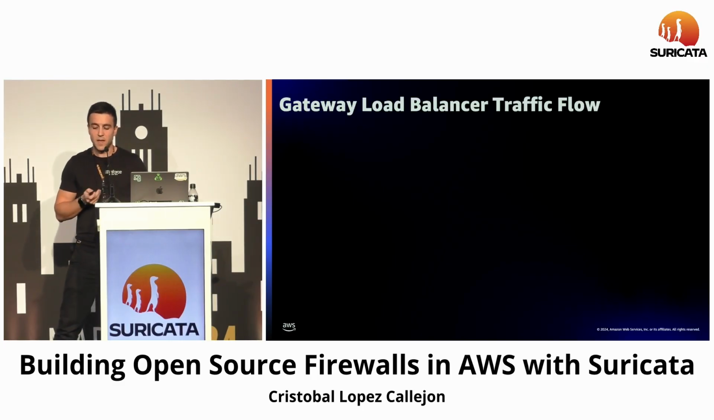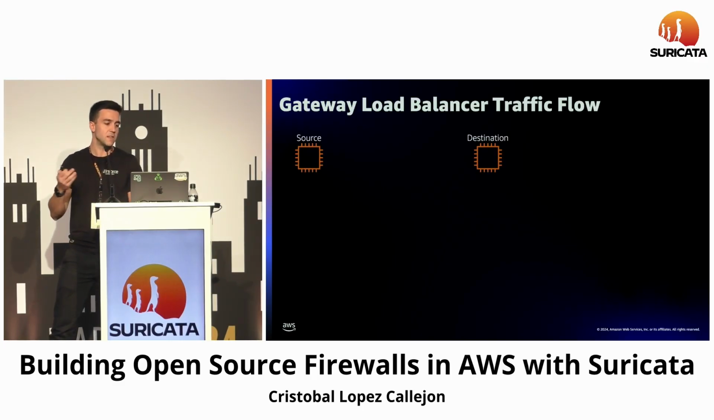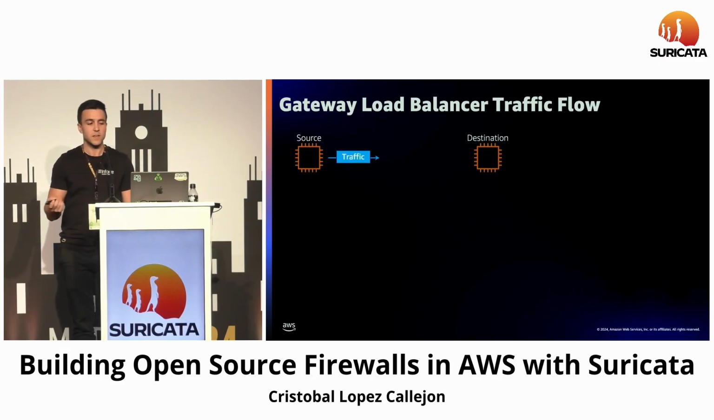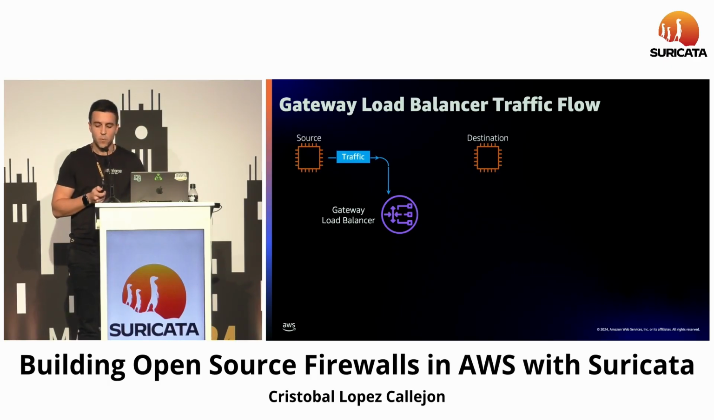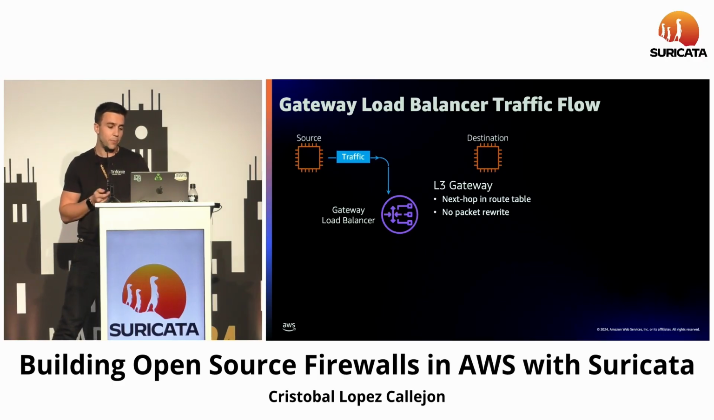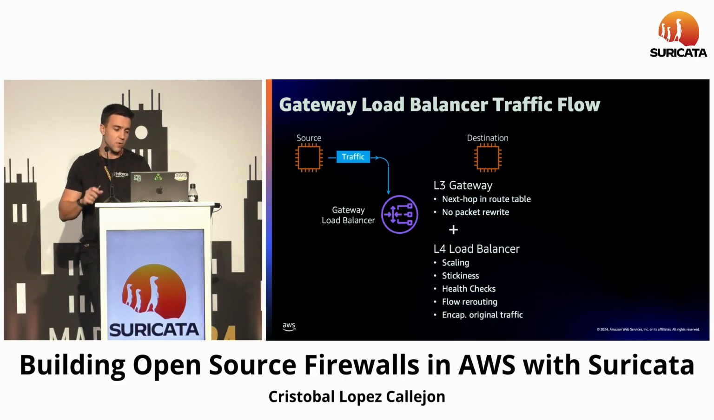So how does the Gateway Load Balancer traffic flow work in this case? Imagine that we have a source and a destination, and there's traffic that is going to go from the source to the destination. First, the traffic will go to the Gateway Load Balancer instead of going directly to the instance. But the Gateway Load Balancer in this case is in charge of acting as a layer 3 gateway, so having the next hop in the route table in which it is sitting, and there's no packet rewrite, so the packet is going to reach the Suricata instance